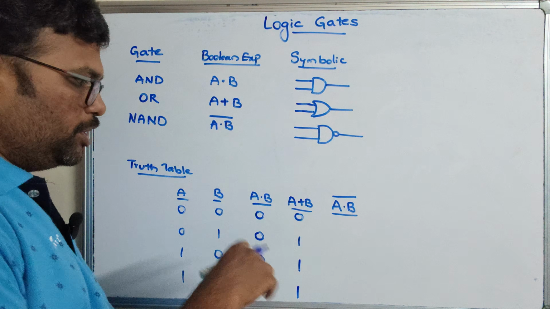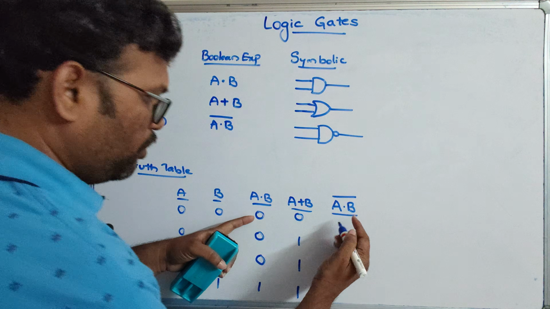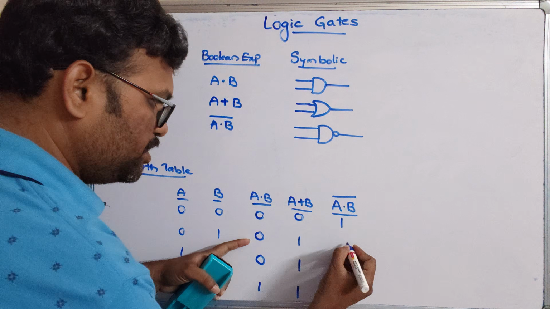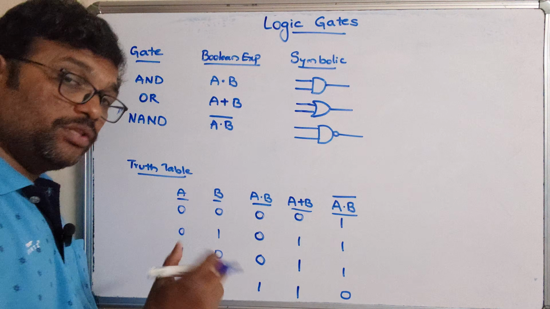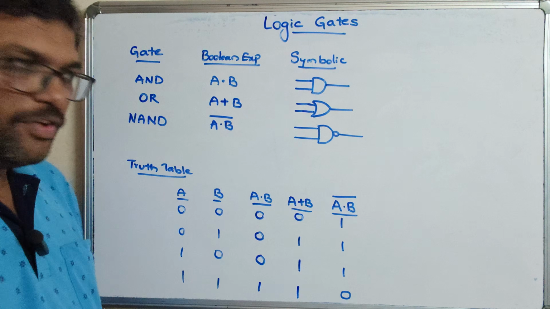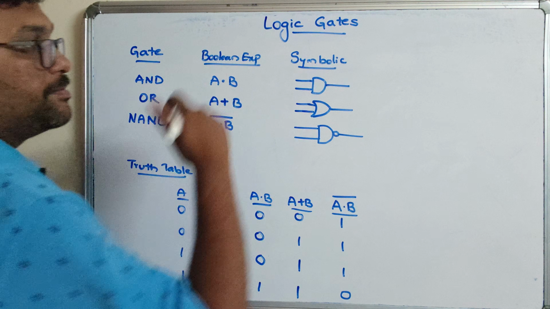So which is quite opposite to the A AND B, right? So if A and B are 0, you will get a 1. If A and B are 0 and 1, you get 1, and if both are 1, you get 0. That means only if both are true will it be false. Okay. Next,